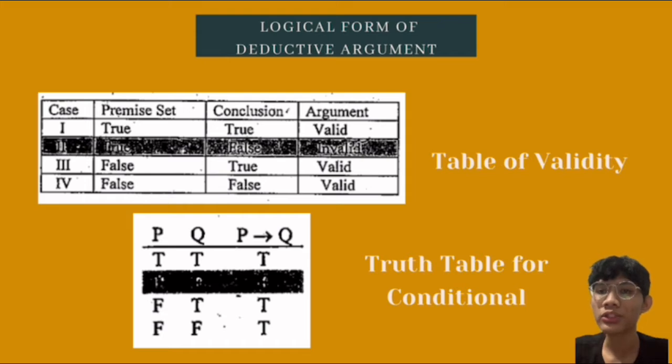Now, let's compare the truth table of the conditional with the table of validity for judging whether an argument is valid or not. Notice that an argument is invalid only when the premise set is true and the conclusion is false. This corresponds to the only case in which a conditional statement is false, when the antecedent is true and the consequent is false. This means that the table of validity is logically isomorphic with the truth table of a conditional statement. This further means that the premise set of a deductive argument is joined to its conclusion by the conditional connective,